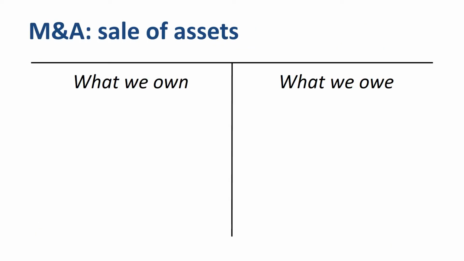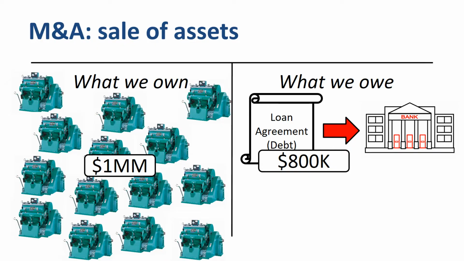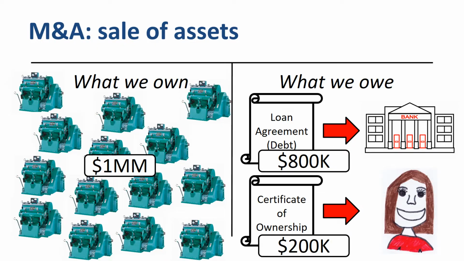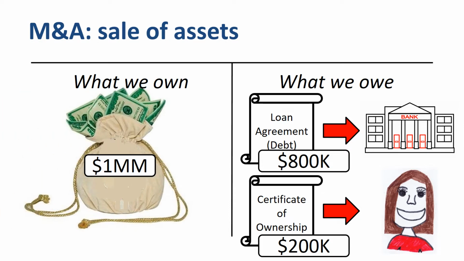One common way to design an M&A deal is a sale of assets. This is the balance sheet of an incorporated company that owns a bunch of machines as its assets, owes money to the bank for a loan, and is equity owned by Jane. If Jane sells the fixed assets of the company at book value, the machines leave the company's balance sheet and are replaced by a big bag of cash. Jane sells the assets of the business but keeps the structure in place. She can now start a new business activity in the existing legal entity, or pay down the loan, or keep the entity dormant for now and available for possible future use, or unwind the whole structure and take the equity out.